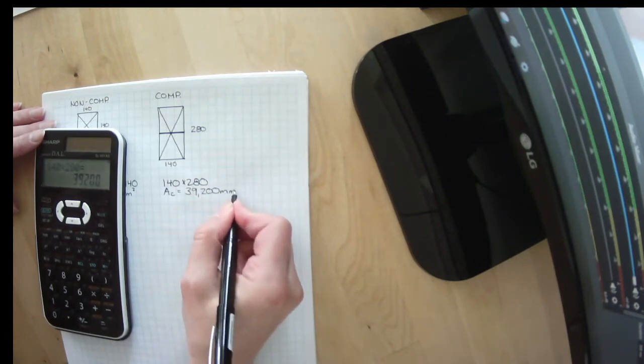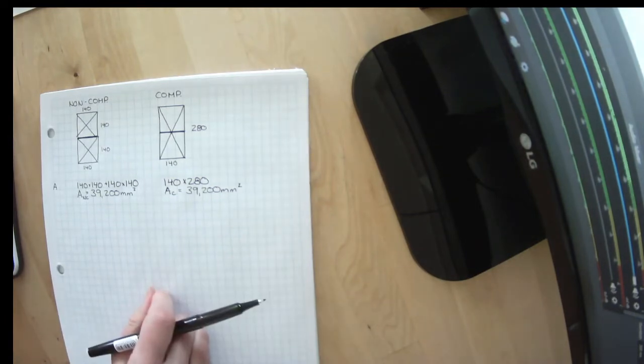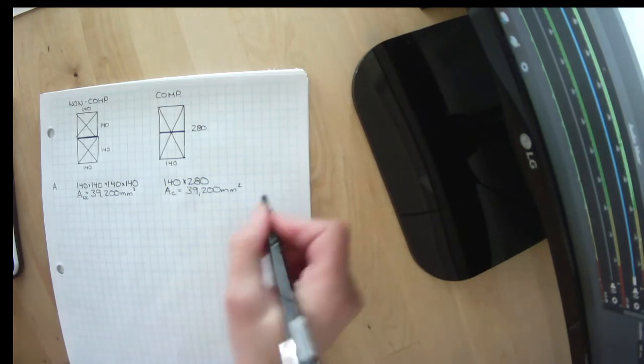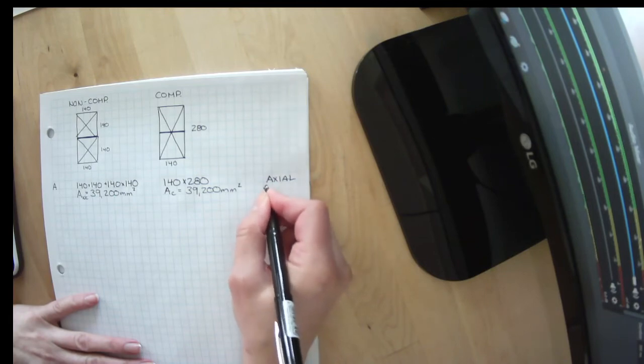39,200 millimeters squared. They're the exact same. You're thinking, Shannon, why are you wasting our time? These two numbers are the same. Why would we bother to make something composite? Well, area is the shape property we use for axial loads